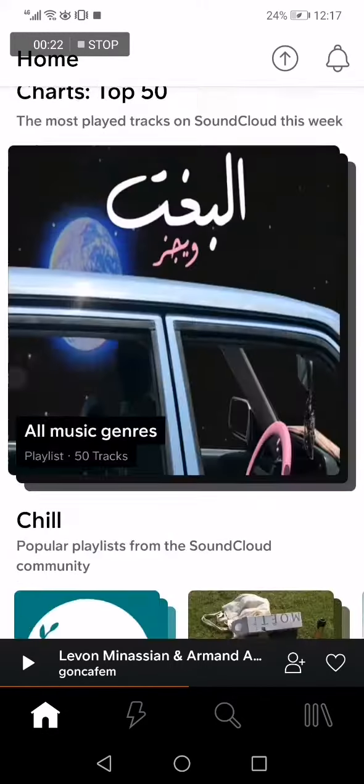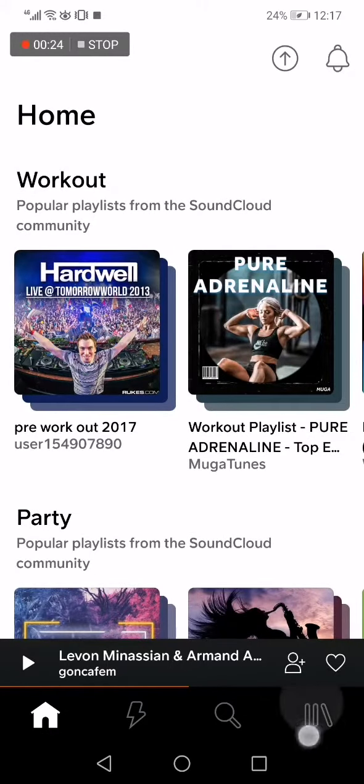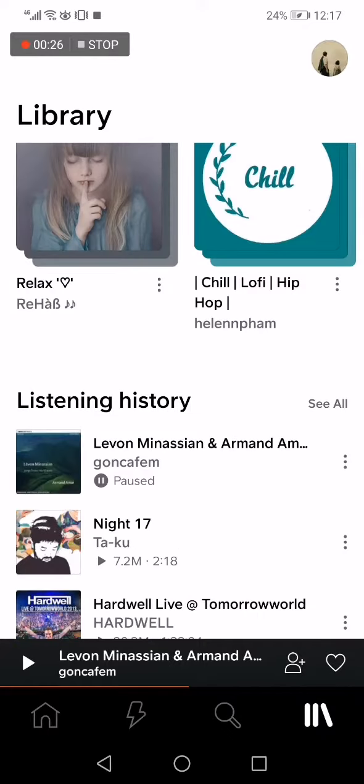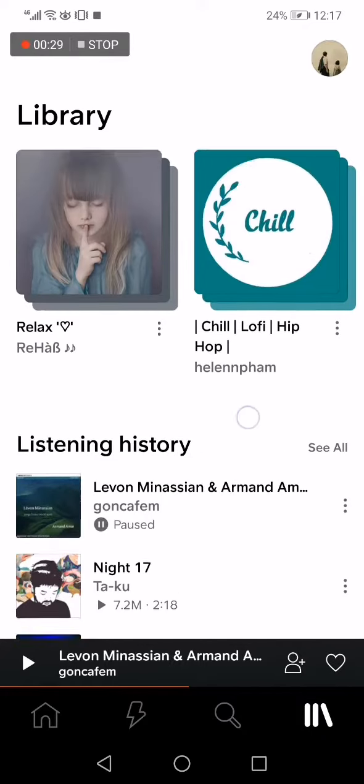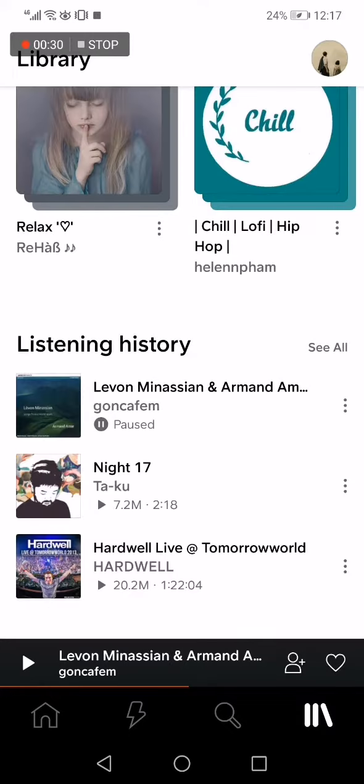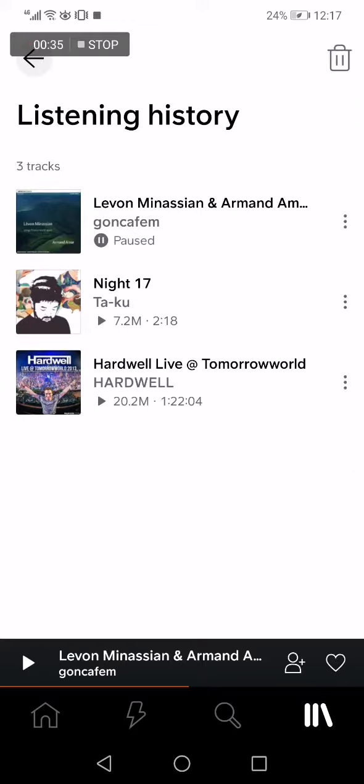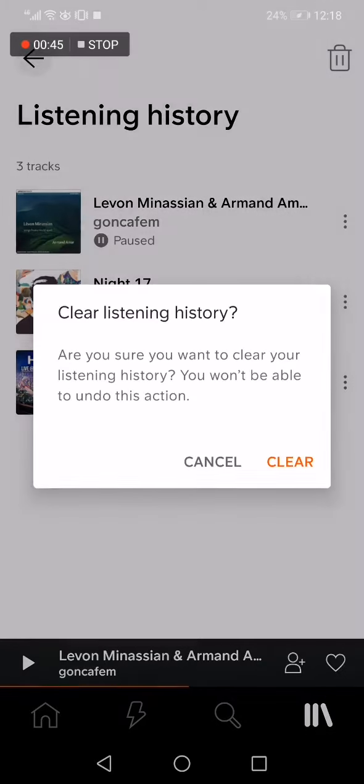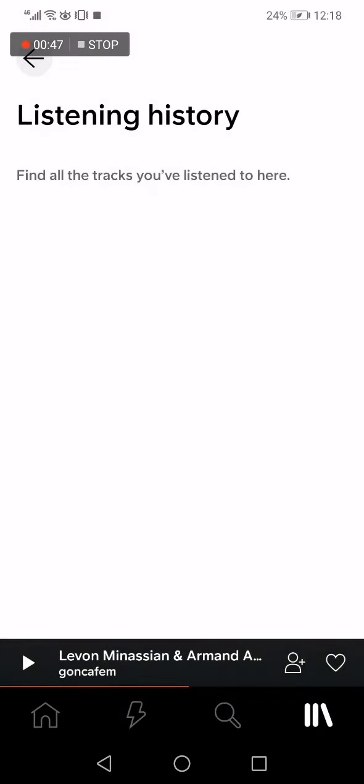Now if you want to clear your listening history, just go down below and click on the library option. Now you have to go down here and you will find the listening history. Click see all right here to see all your listening. Now if you want to clear the history, just click in the top corner on this icon. After you click on it like this, click clear, and everything will be deleted